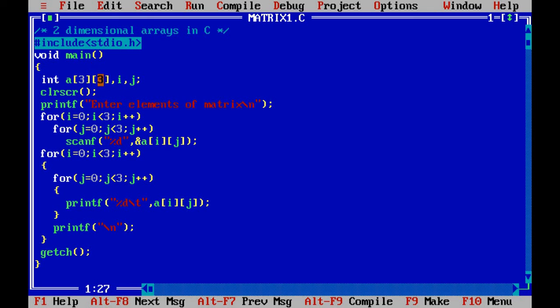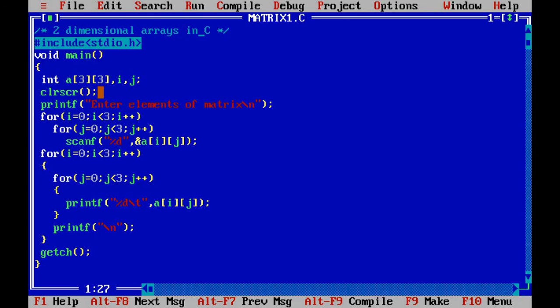So 3 and 3 indicates this array can have a maximum of 3 rows and 3 columns. Then we have taken the variables i and j. i will keep track of the rows and j will keep track of the columns.